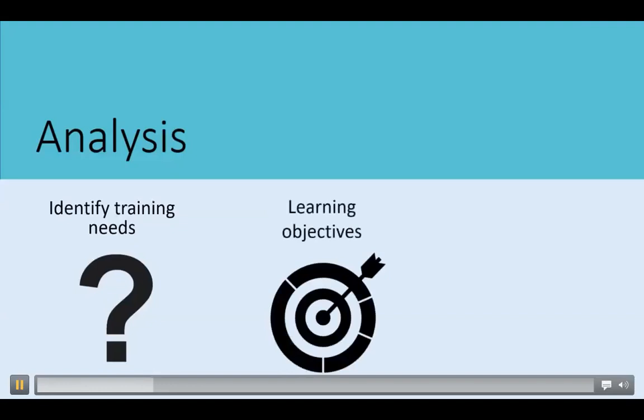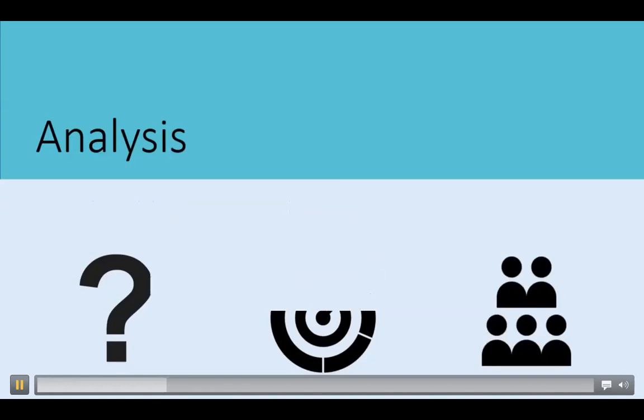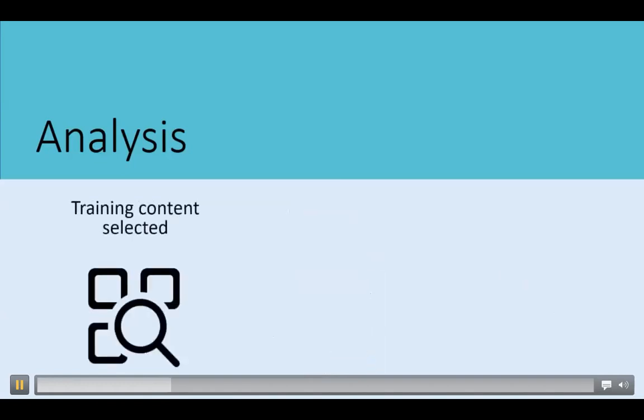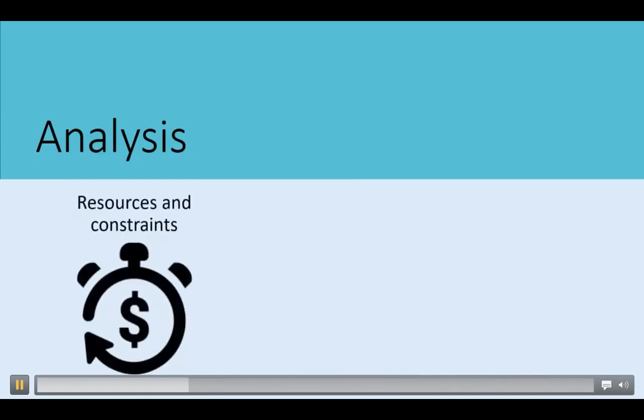Learning objectives are created that address the needs. They define who their audience is, to which the instruction will be targeted. The training content is selected that will help the target audience achieve the learning objectives. The most appropriate delivery methods are then selected. The resources and constraints are established that direct by when the project will be complete, the budget allotted, and the